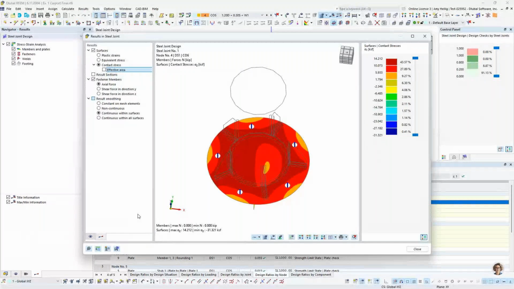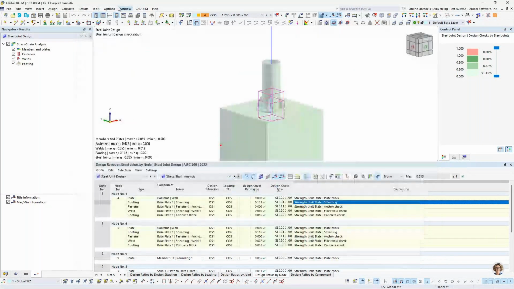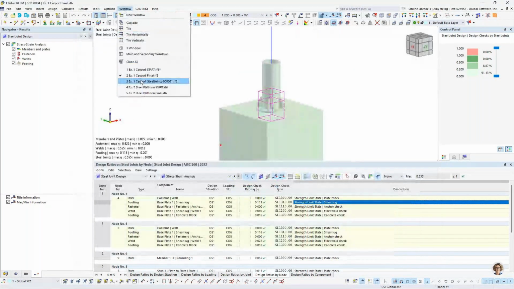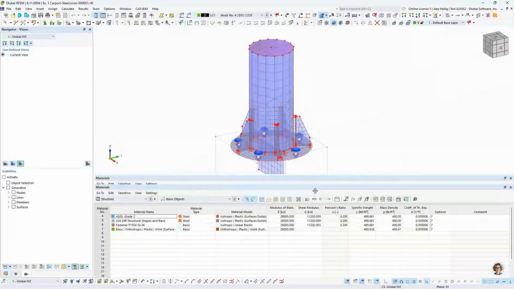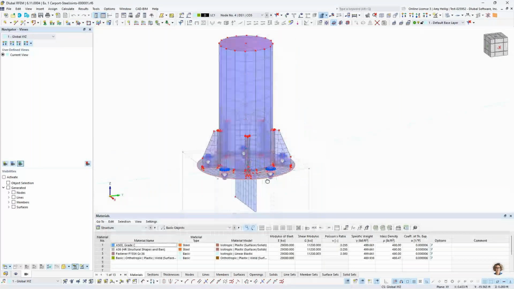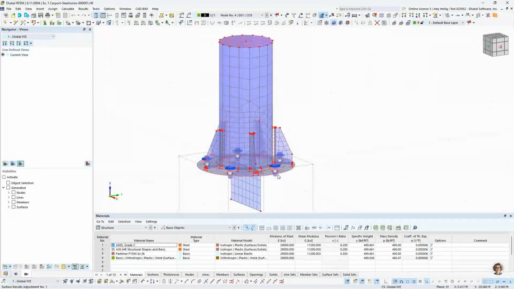Now, we also have the option for this particular model to save it to our computer. So I mentioned this also in the PowerPoint that you can save this model and open it up like any other RFEM model. So we'll go ahead and just take a quick look at what this base plate design looks like underneath the hood. So when you open up this saved connection, this is going to replicate all of our